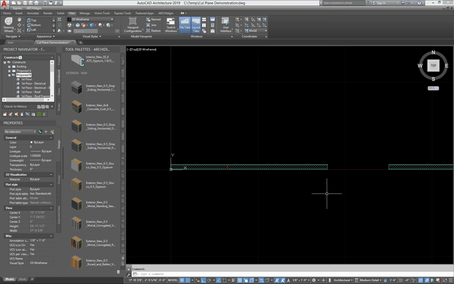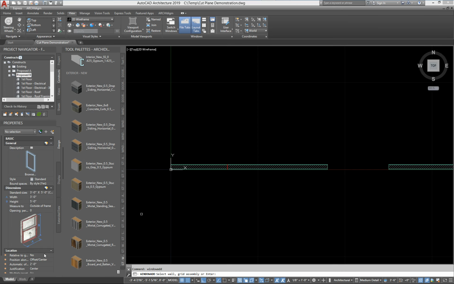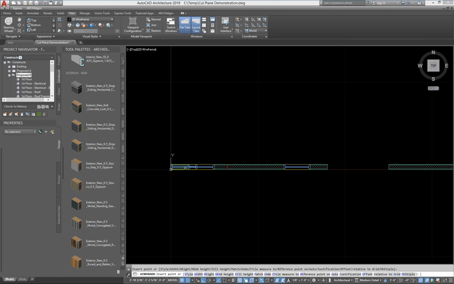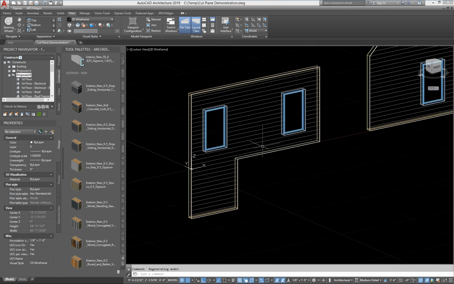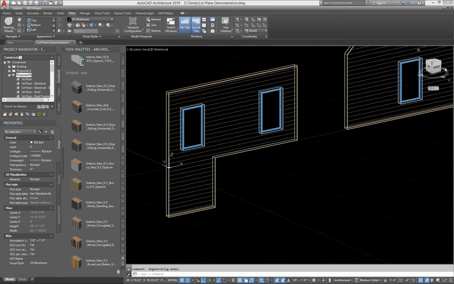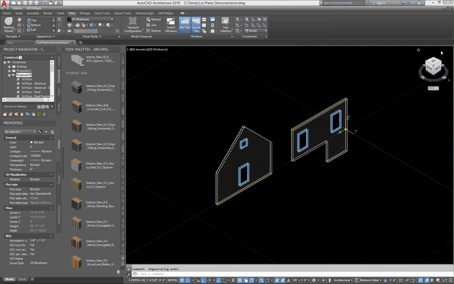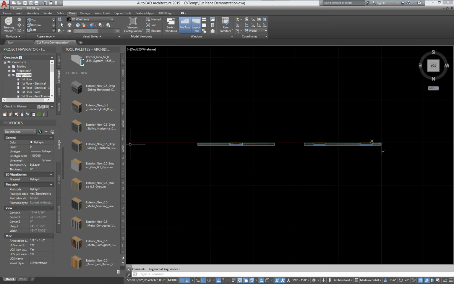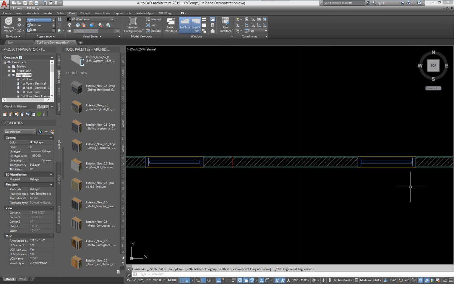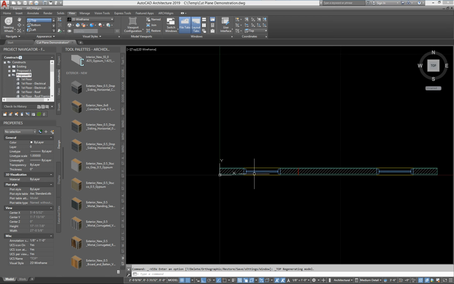Let's do window, add, and let's pop in, what do we have here? 3x5 with a head height of 6'8". Yeah, that's fine. We'll pop one in here, and we'll pop one in here. Now we'll go back into this view. All right, now if we see, they're like the other wall, so we shouldn't expect any issues. Go to top view. Let's go top. Okay. So that's why everything is looking pretty good, is I can see that window, I can see that window,